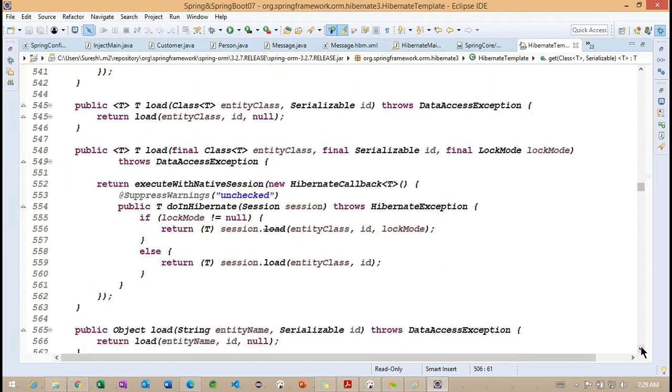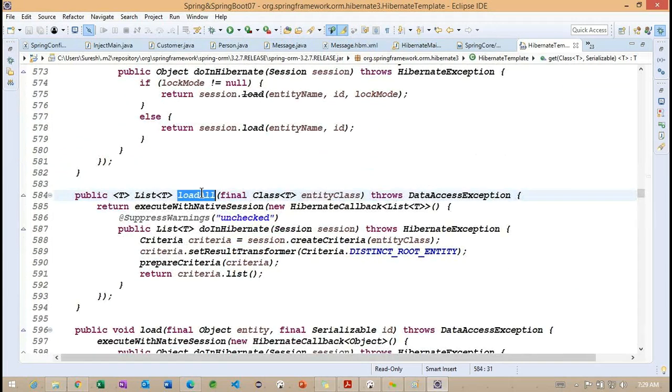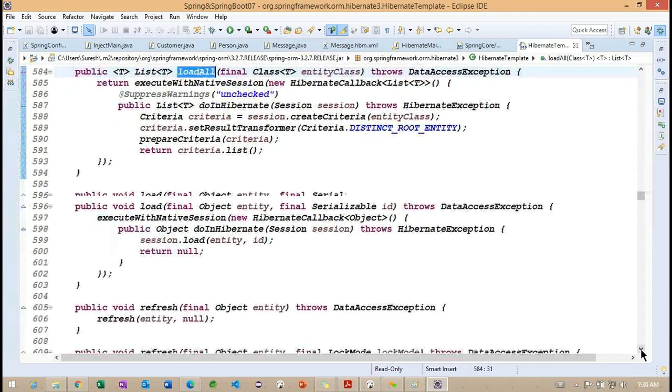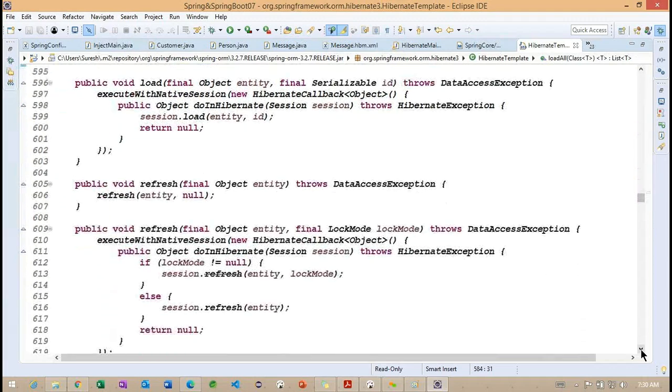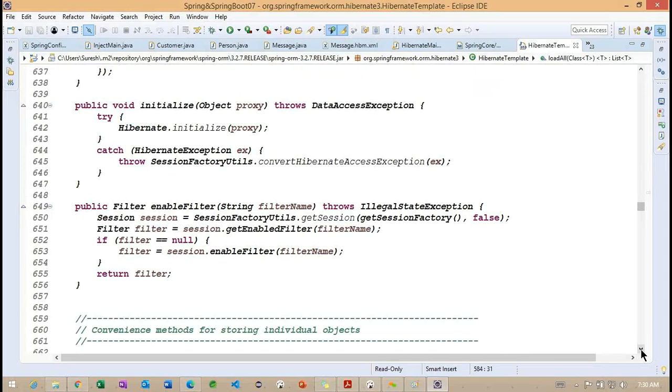And along with this, the load method is also available, and loadAll. Here we need to specify all the classes, and refresh methods, contains, initialize. Okay, so you can see more inside this particular HibernateTemplate class. So what exactly will the HibernateTemplate class contain? And back to here,